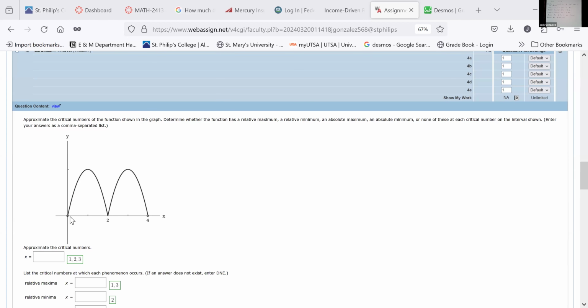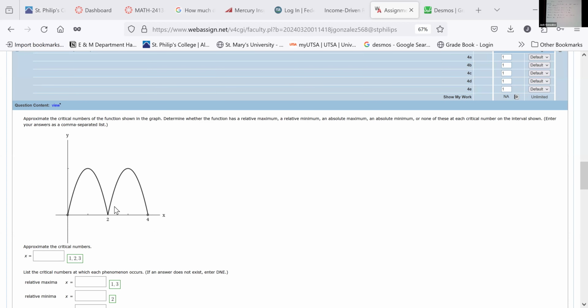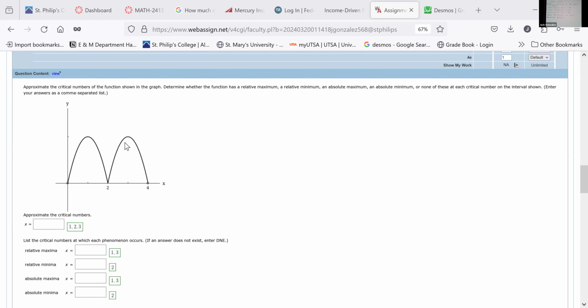Number 4. Here you can see it's closed. It starts at 1 and stops at 4. So the peaks and valleys are relative or absolute extrema. Extrema values are just possible max or minimums. So right here, this peak is a maximum, and so is this one. So at 1 and 3, we have maximum. I just want you to look at it and understand what the relative max are,